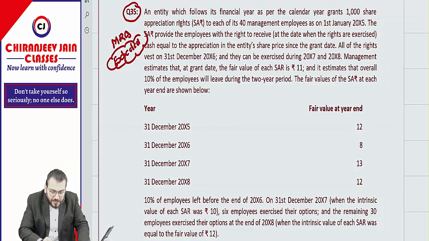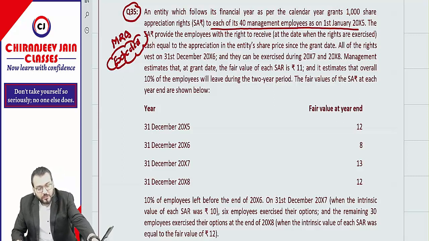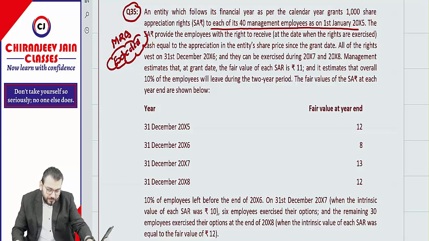Let us read. An entity whose financial year follows the calendar year grants 1000 share appreciation rights. Share appreciation rights. Once they have used the word share appreciation right, it means it is cash settled SBP. To each of its 40 management employees as on 1st Jan 2005. The SAR, this is SAR,